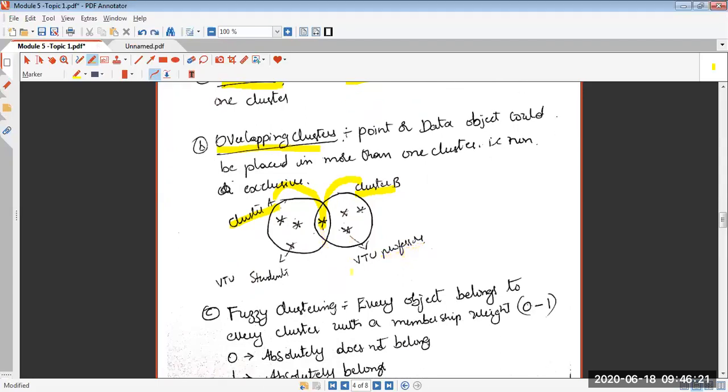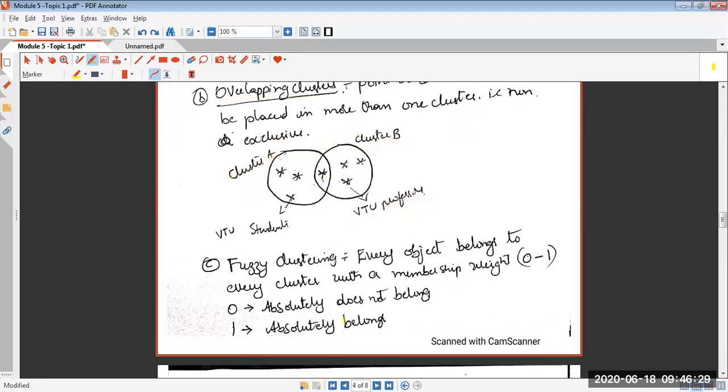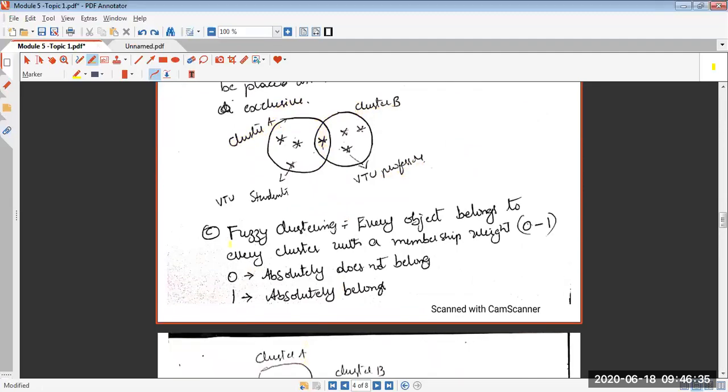Up to this, whatever you have studied is simple, but the next one will be a bit confusing. Please be attentive. I'll try to simplify it to your understanding, but you should be a bit attentive to understand this. The fuzzy clustering. What is fuzzy? If you read this definition, your head will spin. But still, it's actually very simple. First, you read this definition. Every data object belongs to every cluster, meaning that you have a data object, you have three clusters, so that data object will be declared to belong to all the three clusters. Now you may start wondering how this can happen.